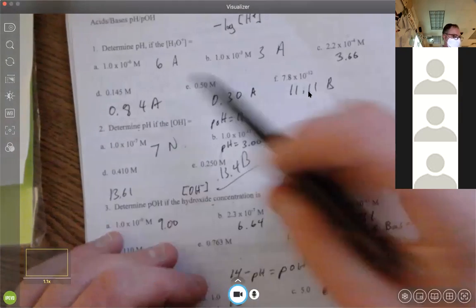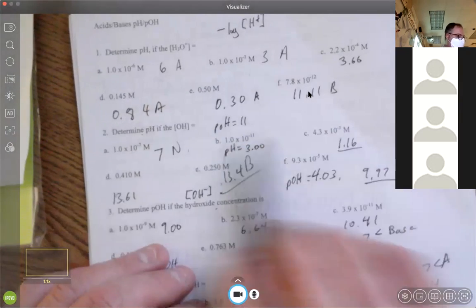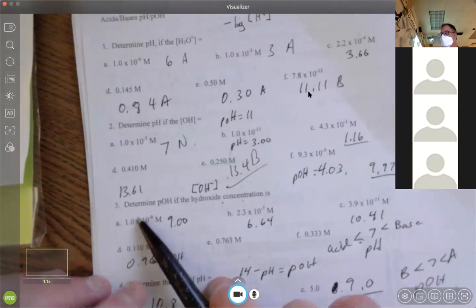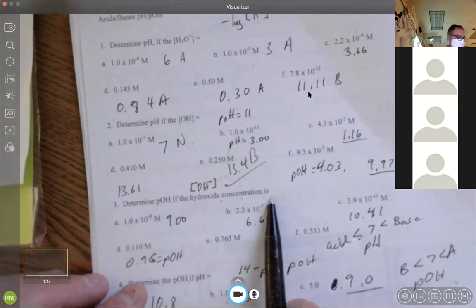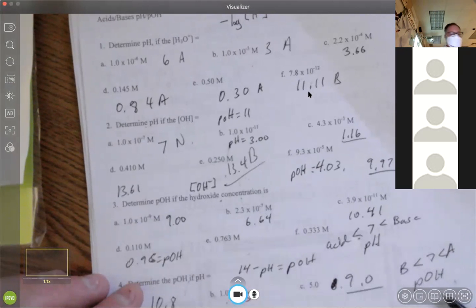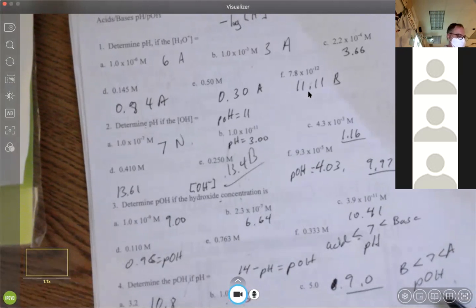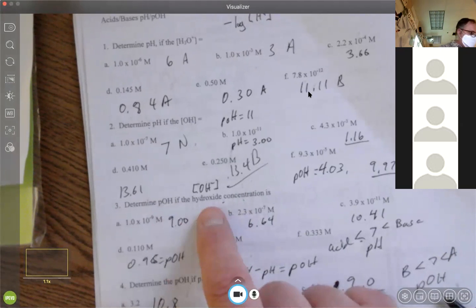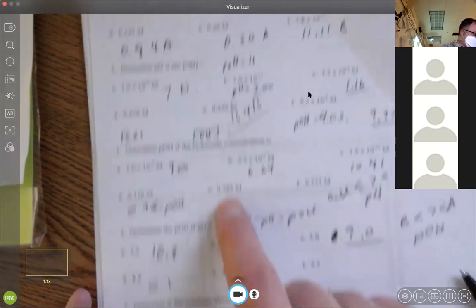So if we take a look, and it is optional, but if we take a look here, you should have gotten these answers. Down here, it says determine the pOH if the hydroxide ion concentration is this. So the pOH to the hydroxide concentration is like the pH to the hydrogen ion concentration. So we have the hydroxide ion concentration. We need to take the negative log of that. Negative log